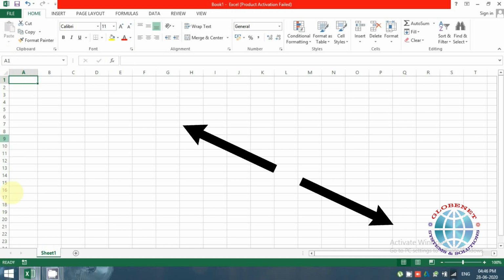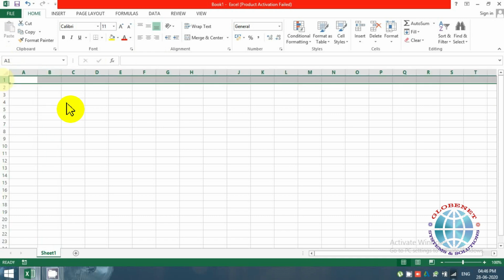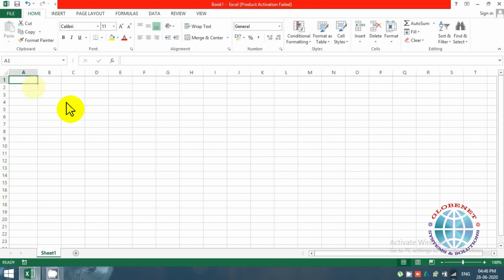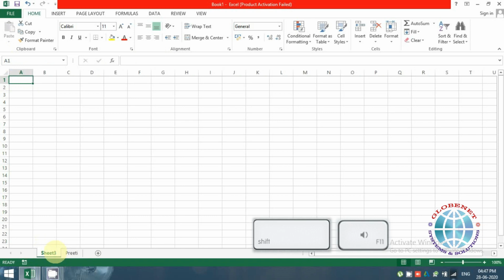This usable area over here is called your sheet or worksheet. These are your columns, this is your row, and this is the cell. Sheet names can be renamed by doing a double click over here, and you can just give a name. In case you want to add any sheet, you can just click on this plus symbol, or the shortcut is Shift F11. Ideally, when you use this shortcut, it will just add a sheet before the current sheet. So you can go on adding sheets in that way.